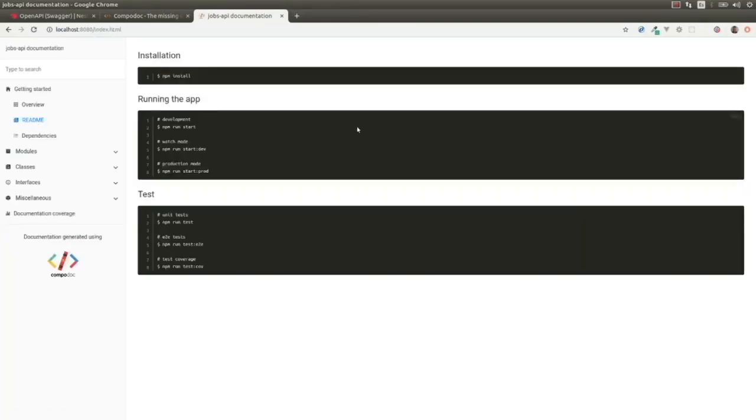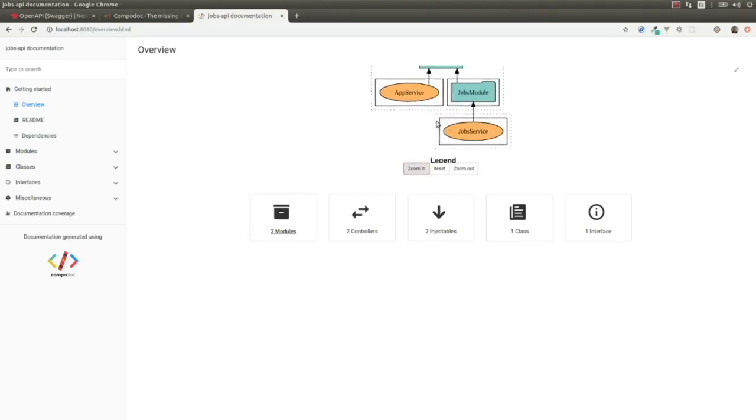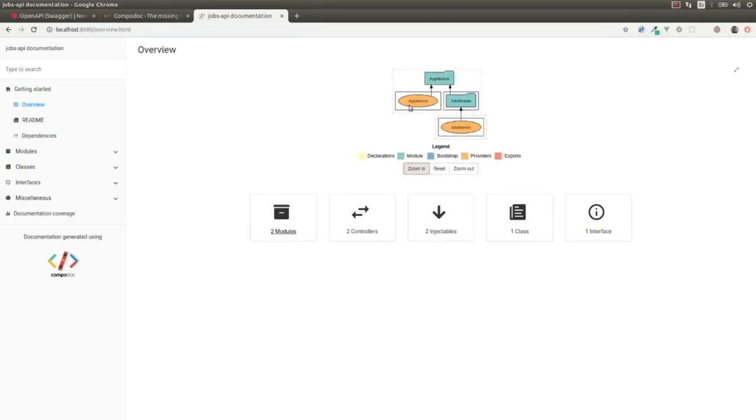So here is the README file. Here we have some graphics of the modules of the application. Here we have the app service and the app module. This is the default module. We can zoom in. These are the default modules that come with the application. And here is the module that we created, the shops module and the shops service. And we can check